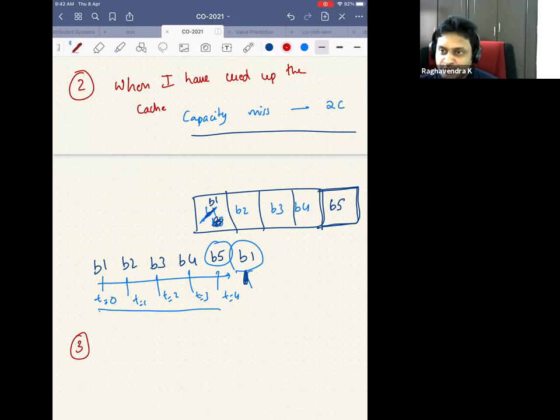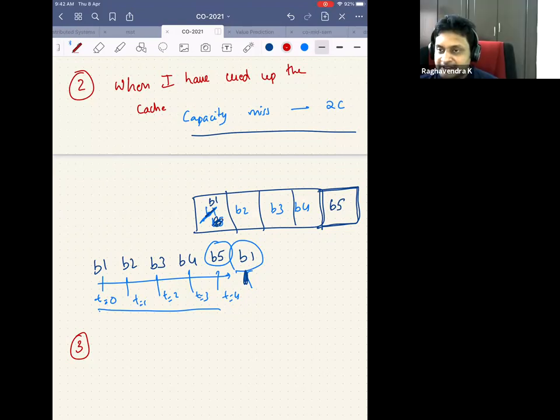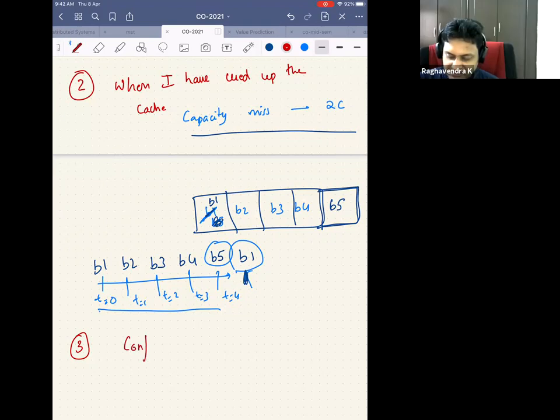If you had to name it and you want to start it with C so that it looks good, what will you name it? Partial capacity miss. No, not capacity, because capacity is when the cache is full and you need a fully associative cache. Yeah, but I said partial. Okay, I have no idea. It's called conflict miss. And conflict miss makes sense only in a direct map cache or a two-way associative cache or an n-way associative cache. There are no conflict misses in a fully associative cache.